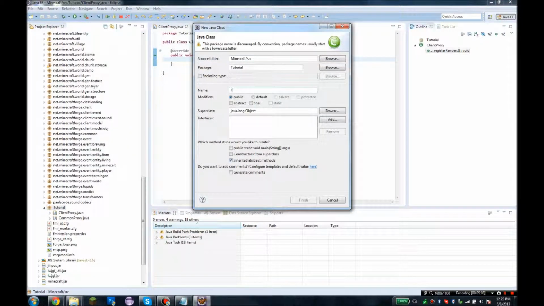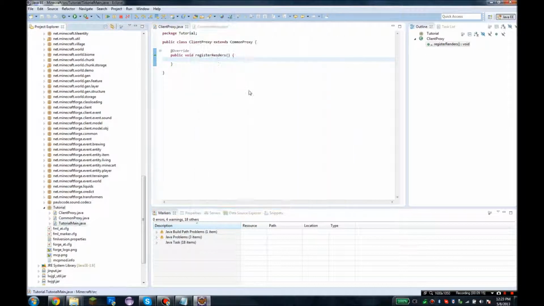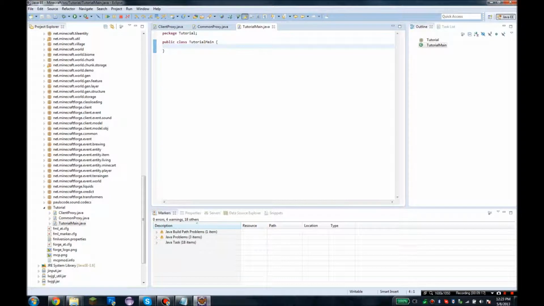call this tutorial main. You guys can call this whatever you want. Probably the name of your mod would be ideal, and then just add like main to the end of it or something. And up here, what we're going to do is we're going to import